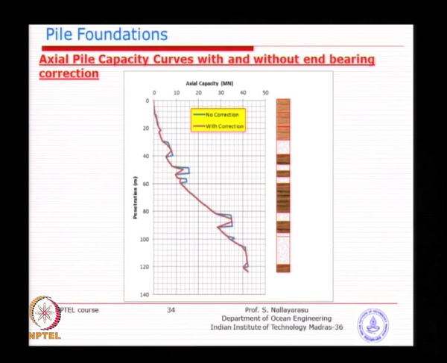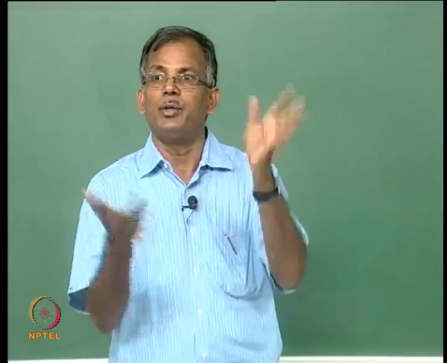That is where several rules and regulations have been there for the last several years. Basically, the idea is, when can you take the capacity of an intermediate layer like a sand layer or a rock layer, when can you consider that layer as effective in giving you the resistance? Whenever the layer is of sufficient depth to avoid punch through. For example, you design in such a way that the pile is resting on this, and if the layer is only 2 meters or 3 meters, whatever, and you apply the load in reality, and if the layer that is supposed to be 3 meters happens to be 2 meters,